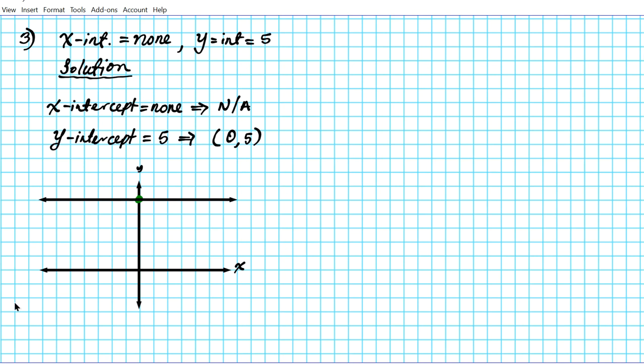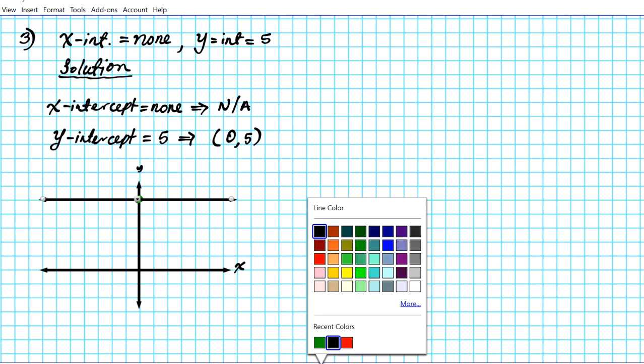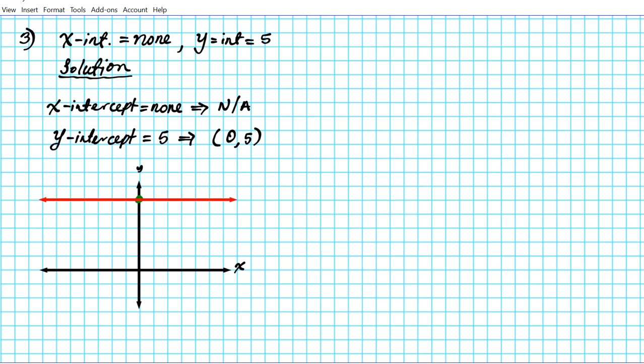Alrighty, so let's go ahead and let's make it red. Okay, so ladies and gentlemen, that is the graph of the line that has no x-intercept and a y-intercept of 5. Okay, let's take a look at one more example, then we give you an opportunity to try